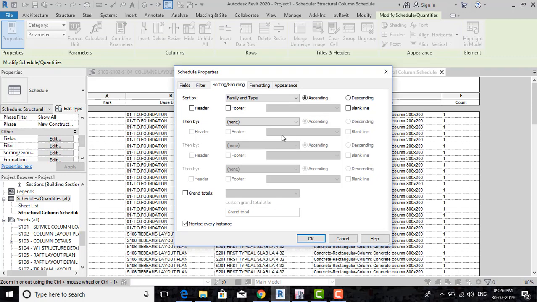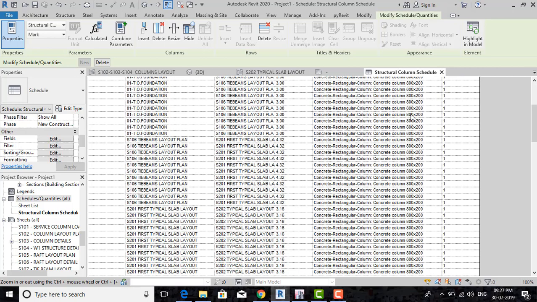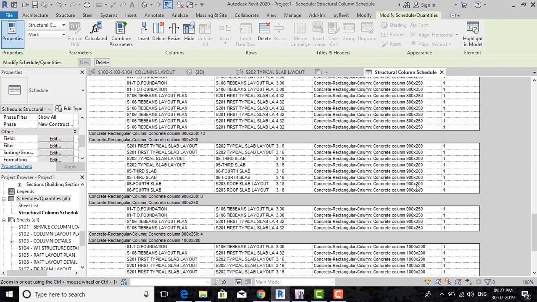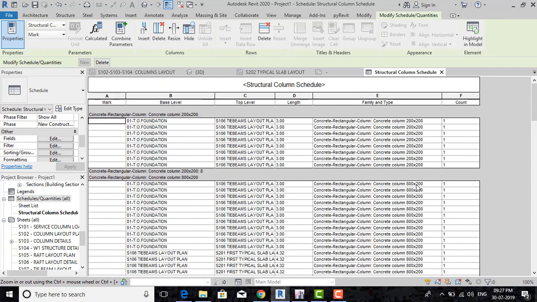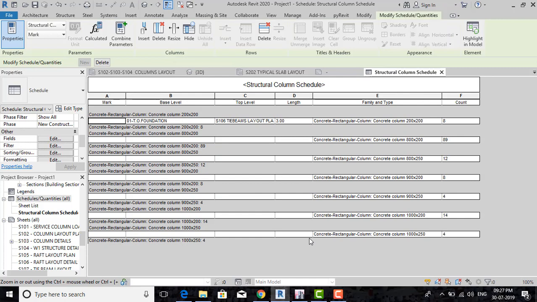You can see here, I'll just add header and footer. I'll just click OK now. Now you can see all my columns have been separated. This type of family has been separated. My different types of family have been separated. But the problem is I want to have the total number and only one row for this column. Again I will go to sorting and grouping. I'll just uncheck the itemize every instance. I will uncheck here, just click OK. Now you can see the magic